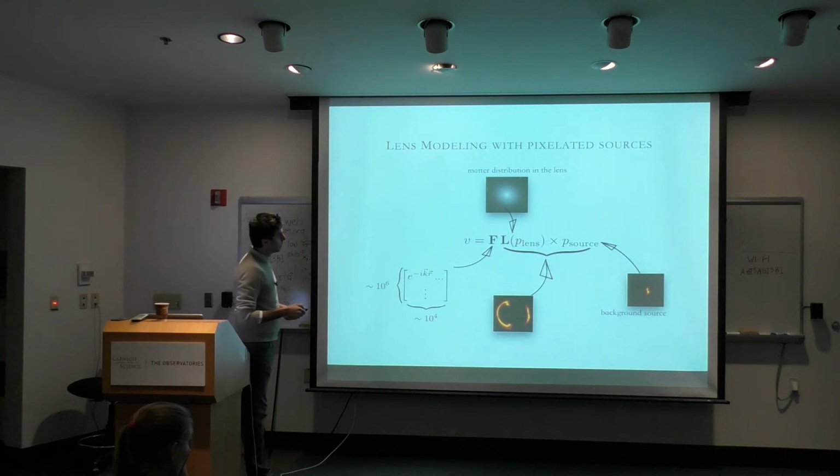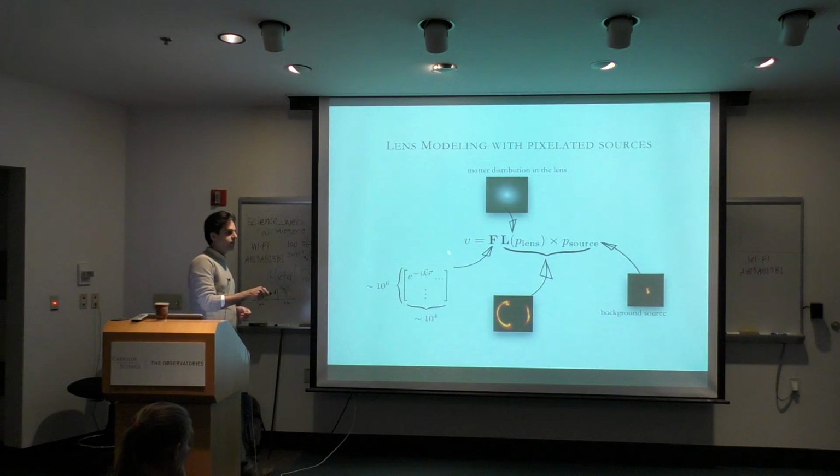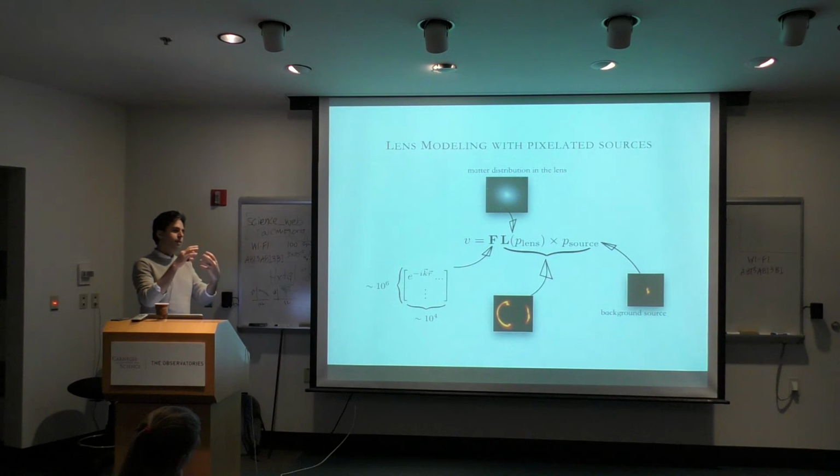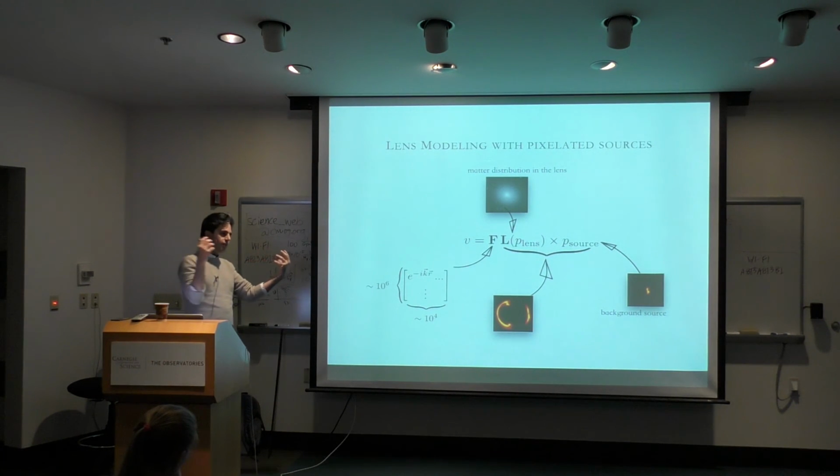Here on the left side, we don't have pixels. We have the visibilities, as you see. So this F matrix maps it. We need a resolution here that is at least higher than the Nyquist frequency that we get from the longest baselines that we have. On the source, it's kind of tricky because the lensing magnification is variable. So you have areas where you have